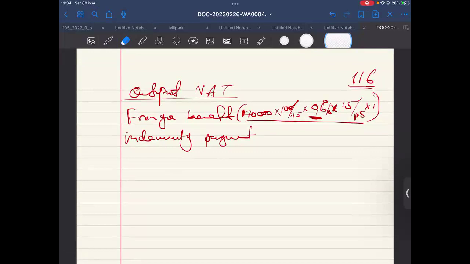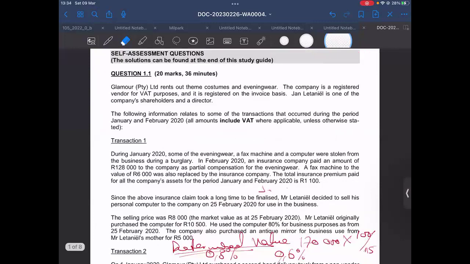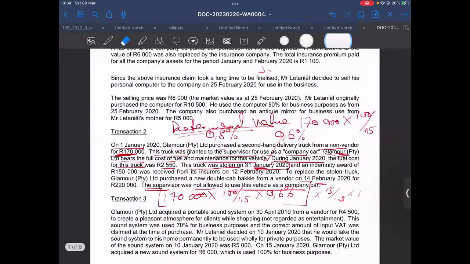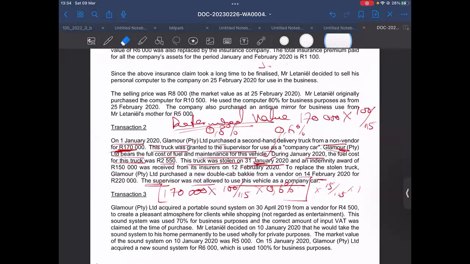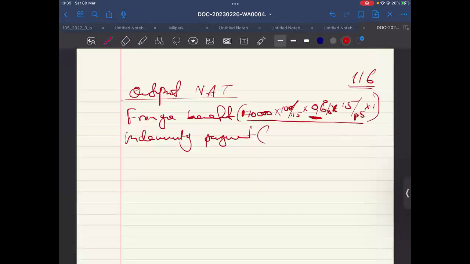Okay, sorted. Now we have the indemnity payment. What happened with the indemnity payment? We received a payment of how much? This truck was stolen on 21 January. An indemnity award of 150 was received from the insurers on 12 February 2020. So we received 150 from the insurance company. We are going to say 150